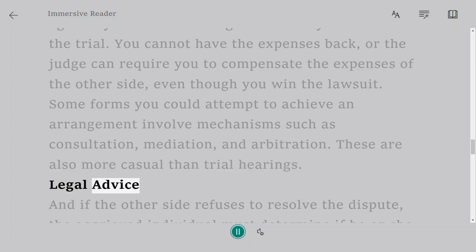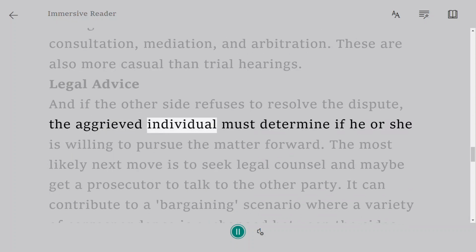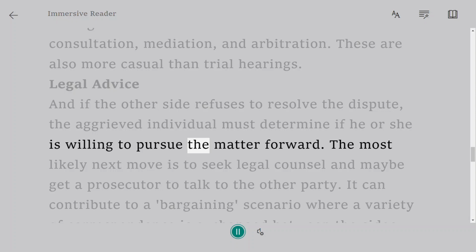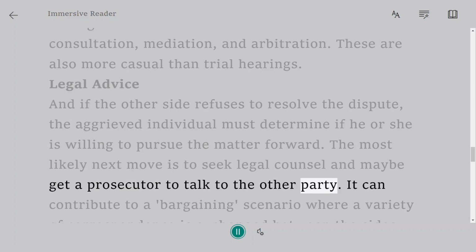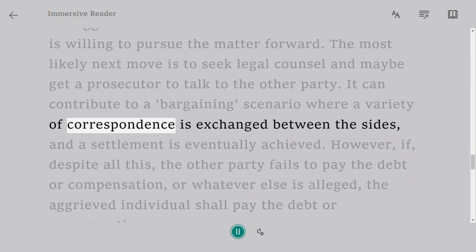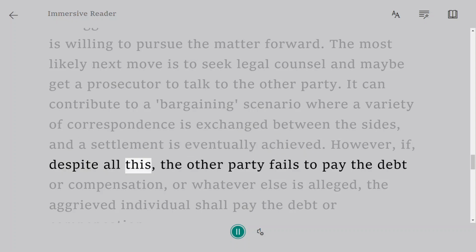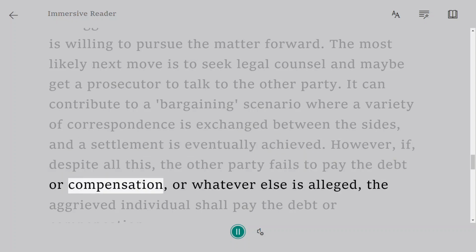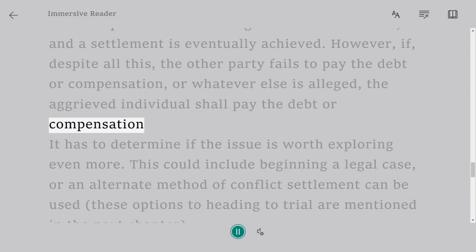Legal advice. And if the other side refuses to resolve the dispute, the aggrieved individual must determine if he or she is willing to pursue the matter forward. The most likely next move is to seek legal counsel and maybe get a solicitor to talk to the other party. It can contribute to a bargaining scenario where a variety of correspondence is exchanged between the sides, and a settlement is eventually achieved. However, if, despite all this, the other party fails to pay the debt or compensation, or whatever else is alleged,